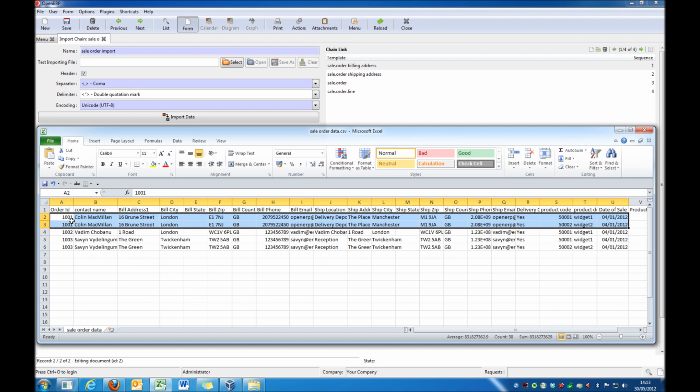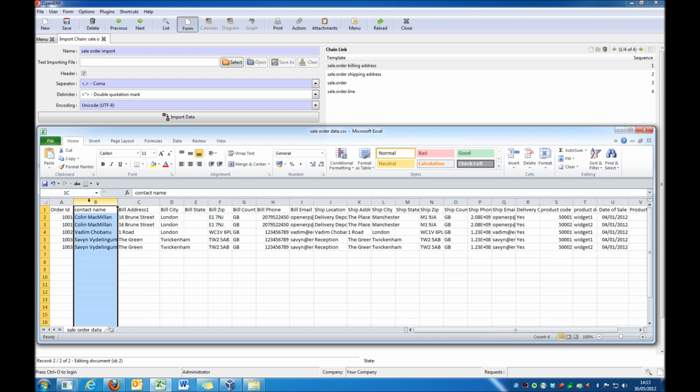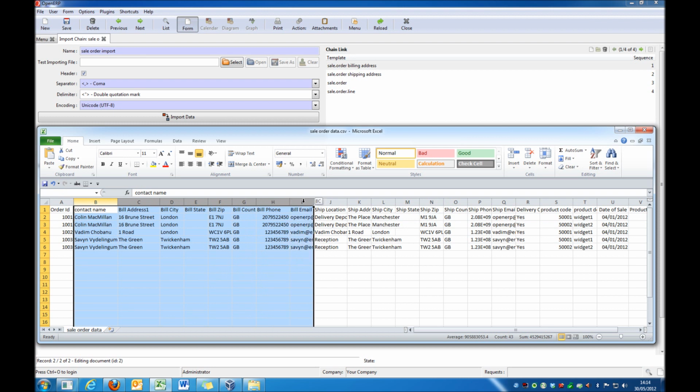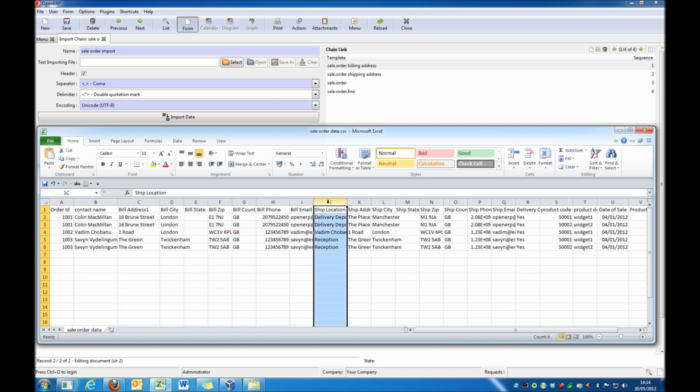So you'll see here in the CSV, which is included as part of the EA import examples folder, the first two lines represent a single order. Then across the top, the various fields that we have to deal with are related to the billing address, which fall into these columns here. Then we have the shipping address. So this is a typical kind of format that you would get from e-commerce software,